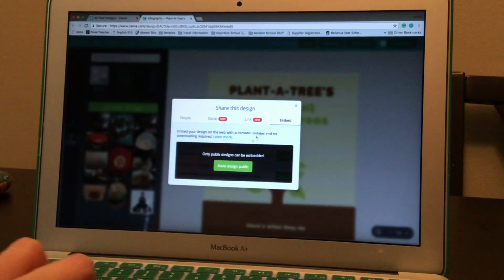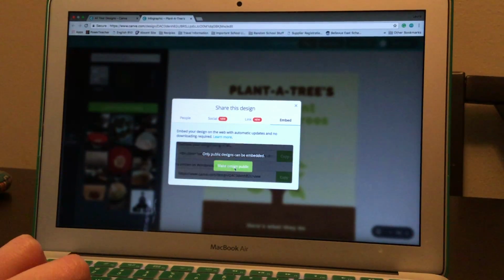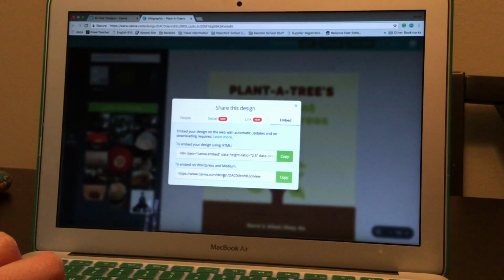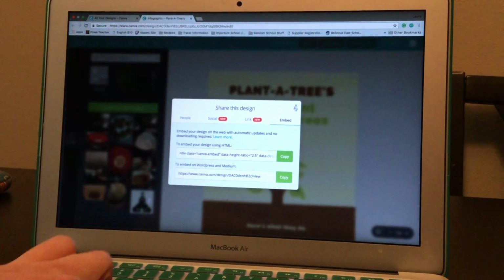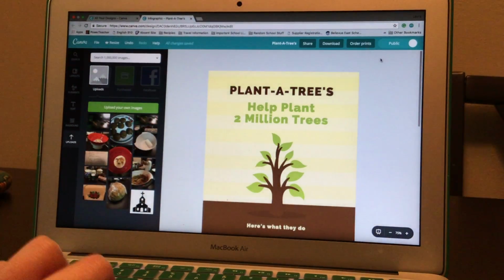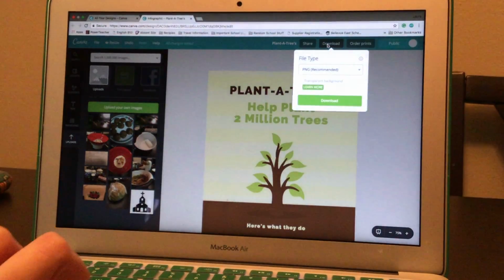The embed link is really awesome. If you make your design public, you are able to embed that right into WordPress or a website. So if you're running a blog or you have a classroom website, you can embed your infographic directly into the site itself. If you're looking to download or print, all you need to do is click the download button,